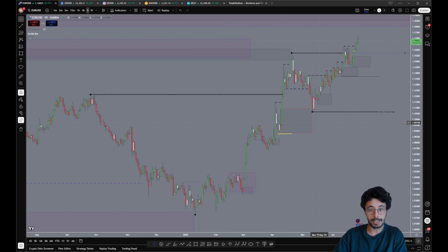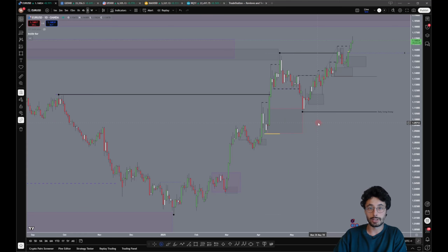So we get straight into it on daily. We can see that the swing structure is bullish, the internal structure is bullish, and we've recently had an internal break of structure. So we know that after we have an internal break of structure, we can have a pullback. So that could happen, or we could just keep going. At the moment,